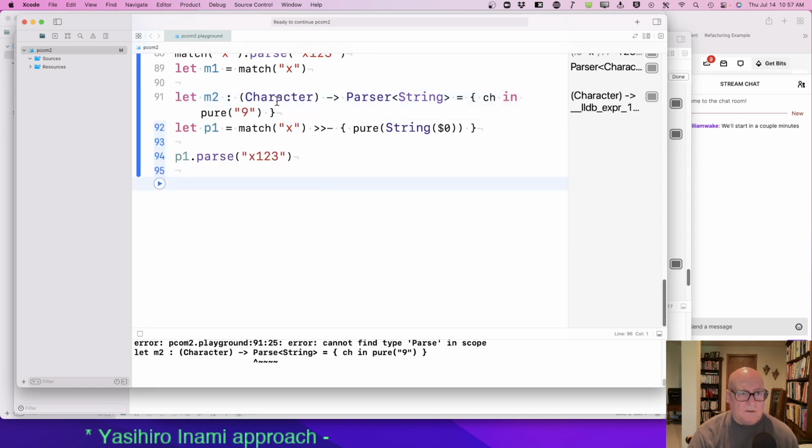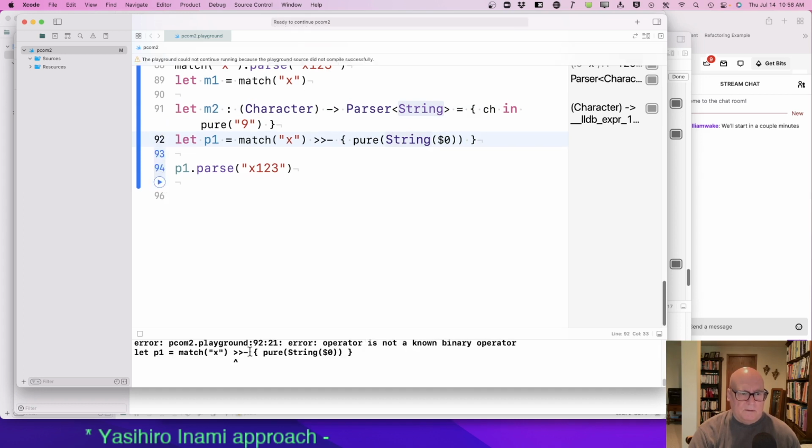Character to parser string. Oh, now this thing's happy. No, he's not.